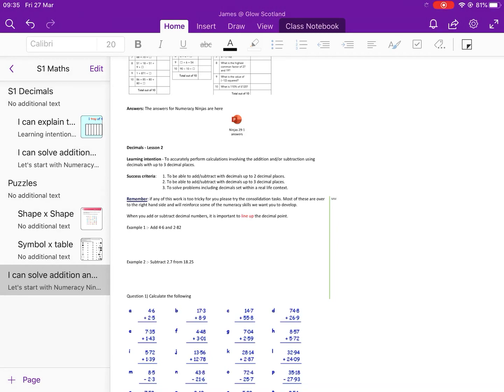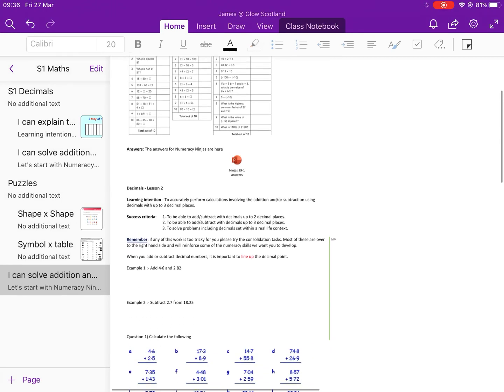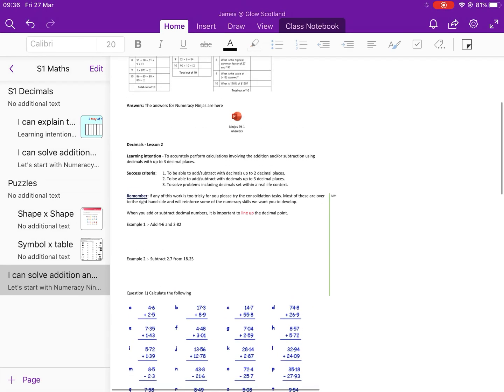Morning first year. This is our second lesson with decimals. Trying to take a fairly similar approach to what we did the last time, guys. So I've videoed this to try and explain what it is we're going to try and do today. Upload on YouTube. I've embedded it into your OneNote and you can see if you can try some of the